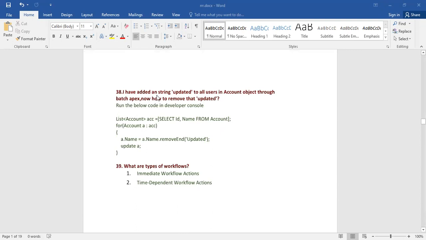Next question. I have added a string 'updated' to all the users in the Account object through batch Apex. Now how to remove that 'updated'? Run the below code in the developer console. List<Account> accounts = select Id, Name from Account; for (Account a : accounts) { a.Name = a.Name.replace('updated', ''); }